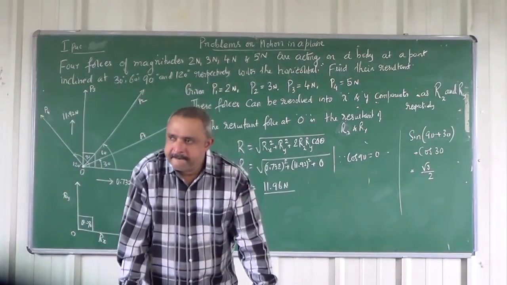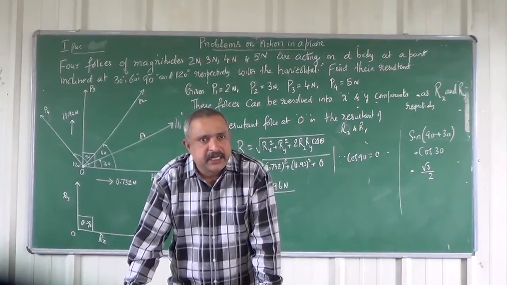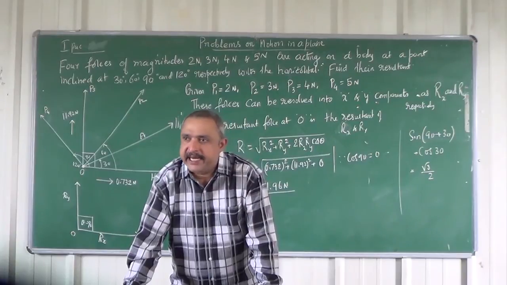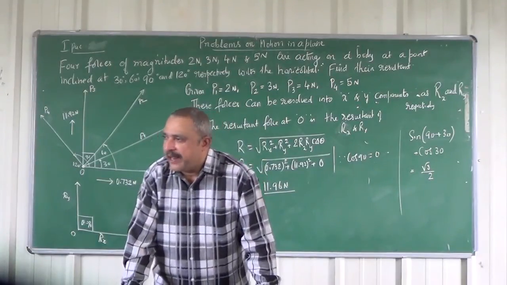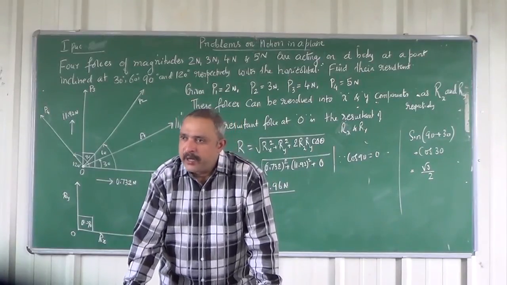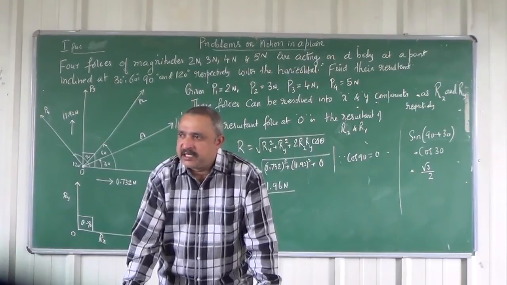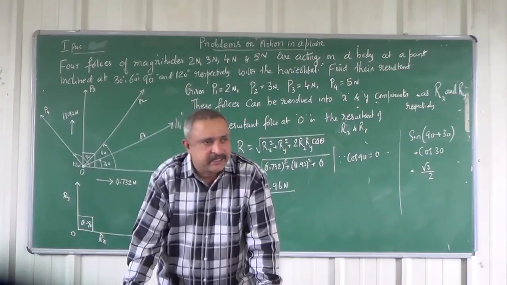Okay. So in this problem we understood how to find the resultant of many forces acting at a point on a body. First you take the sum of all x components of the forces acting, then the y components, then take the resultant by taking theta equal to 90 degrees between x and y.